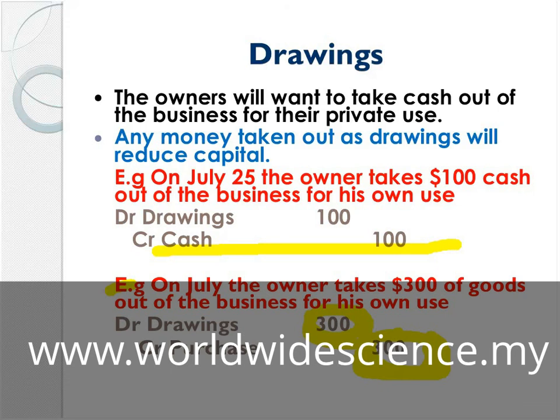Okay, and in total the organization's assets will be decreased by $400 US, of which 100 is for cash and 300 US is for goods. So I think I can see that you do understand this example of the drawings. That's very good.